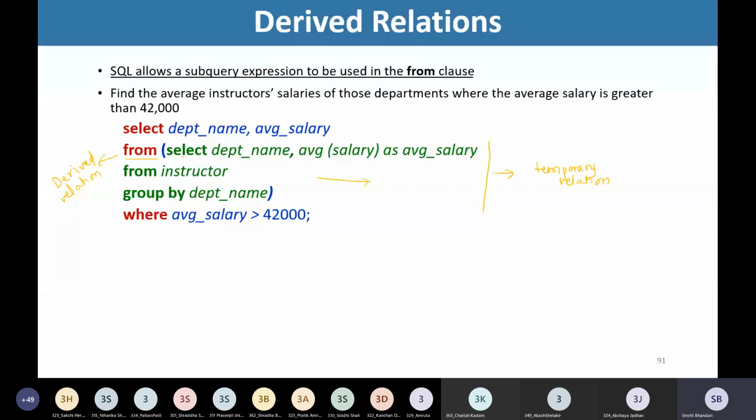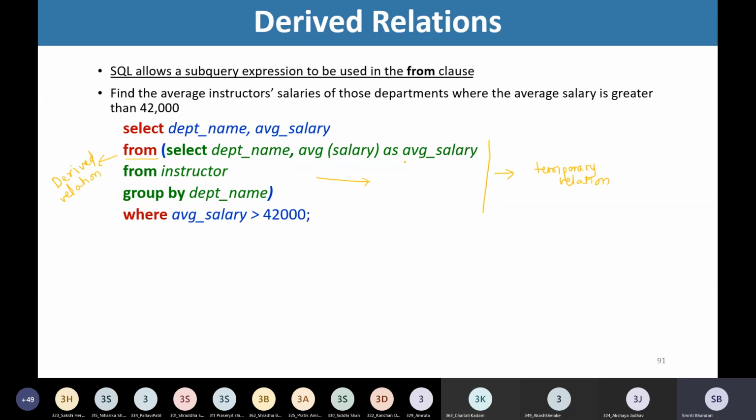We are writing select department name, average salary as average salary from instructor group by department name. So in this derived relation, we will have two columns: department name, and, this is the name of the column, average salary. This derived relation will have these two columns.